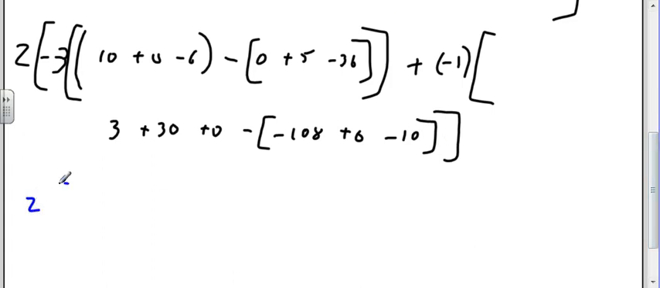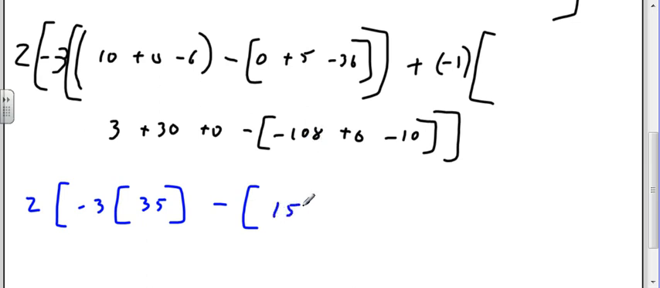Okay, so I got 2 times minus 3 times 4. A 4 plus a 31 is a 35. Minus, I've got 33 minus a minus 118. So it'd be a 1, 5, 1. 1, 5, 1. And it'd be plus,